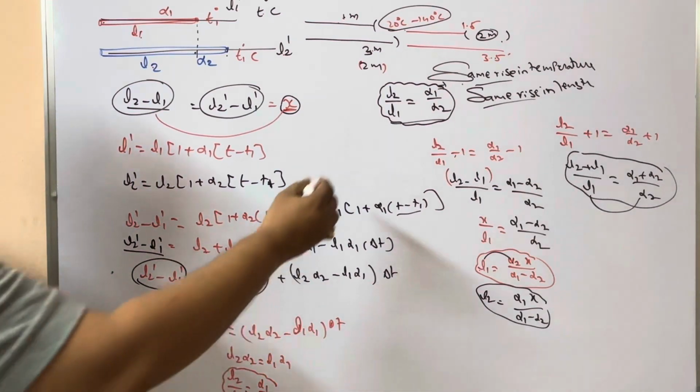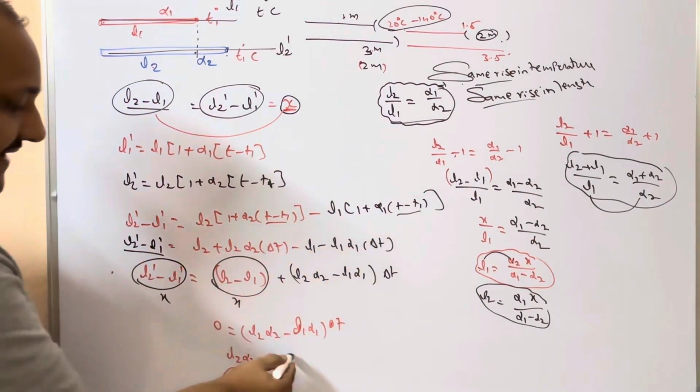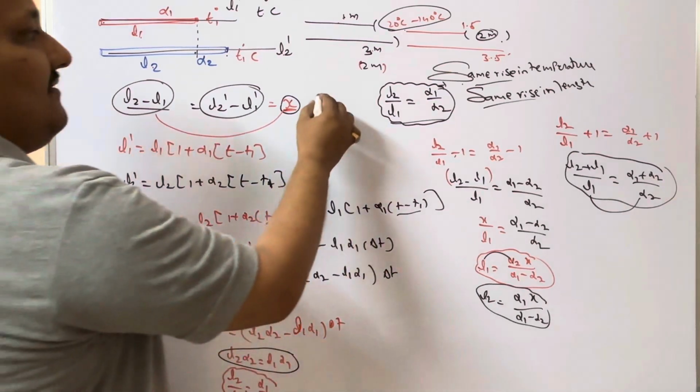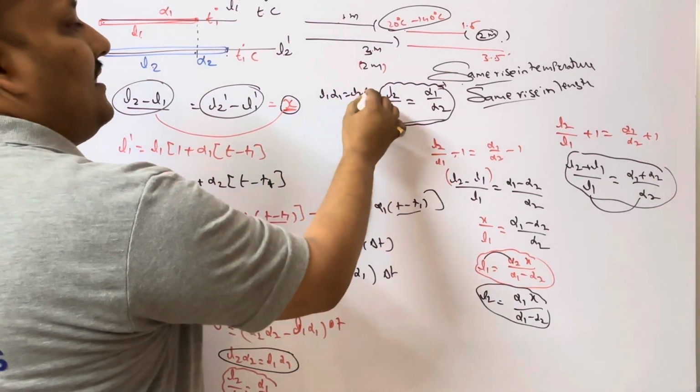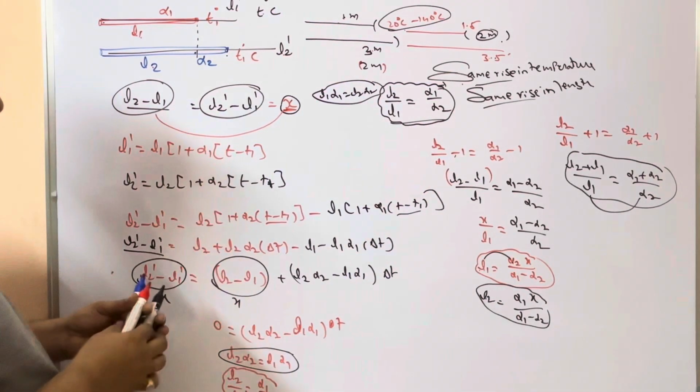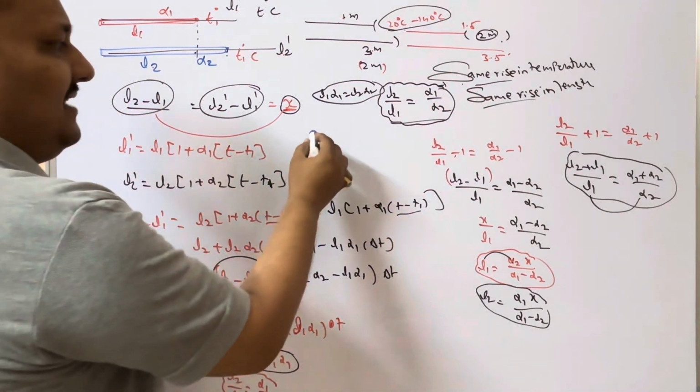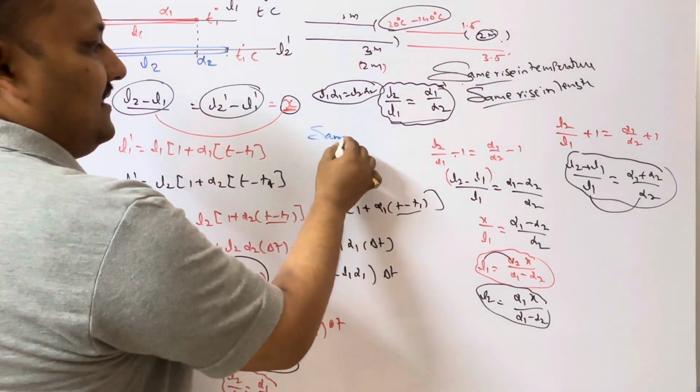You should remember this final equation. This is the final equation: L1 alpha 1 equal to L2 alpha 2. So for the same problem, they will ask for the same